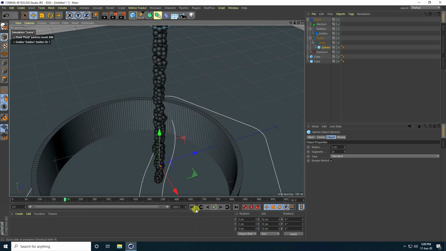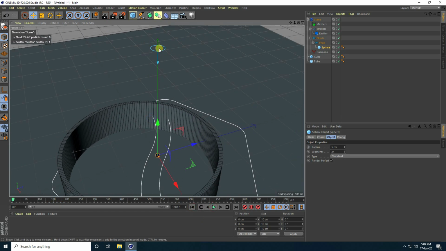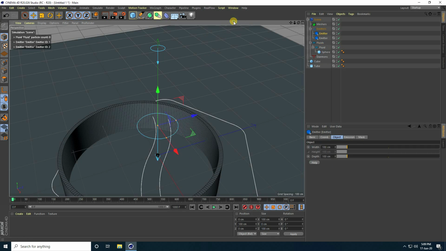Okay, so guys, now I create more circle like this. So again I take circle and one more time I take circle and rename this emitter. That's my emitter 1 and third one 2.